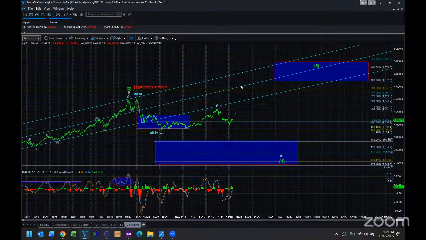However, I think that we may see a very strong decline in gold before that next rally begins. If this high here holds in gold, folks, I think we can get back down to the 3,400 to 3,500 region in gold before the next buying opportunity takes hold and takes us up one more time. Depending on the nature of how this rally takes shape will tell me if gold has topped or not. If you remember back to 2011, silver topped in April of that year. Gold didn't top until September.